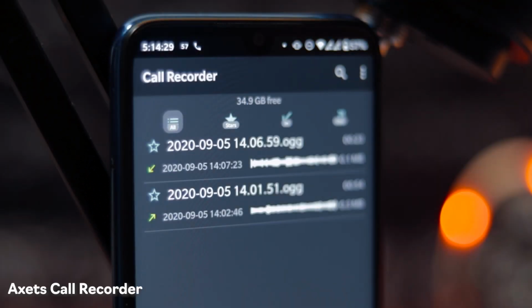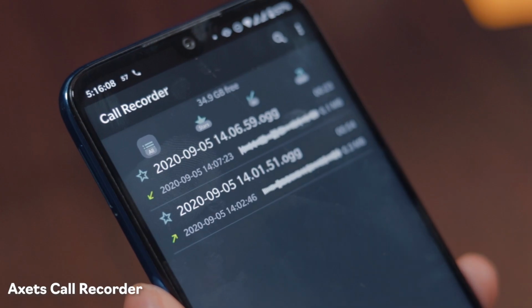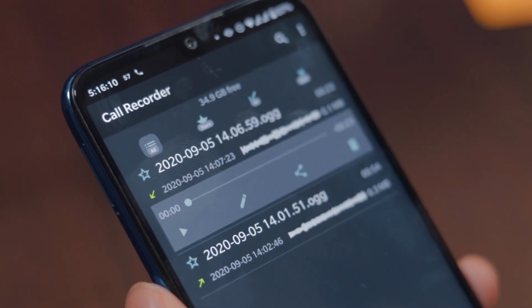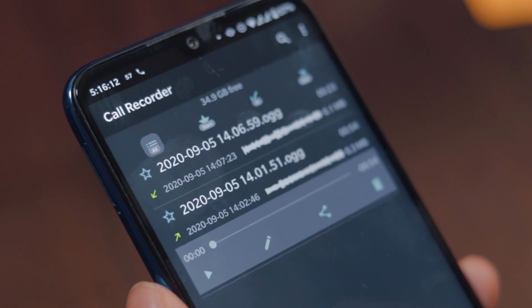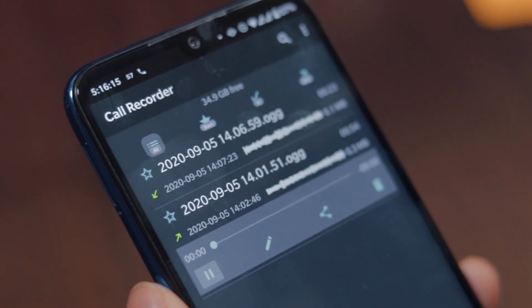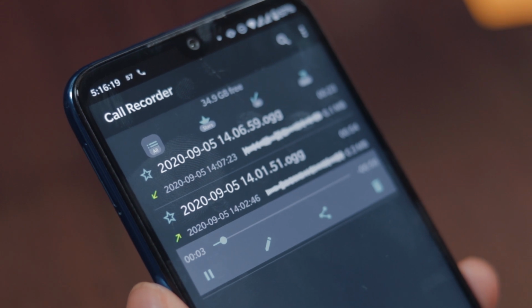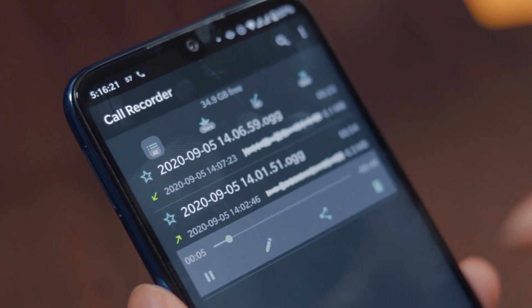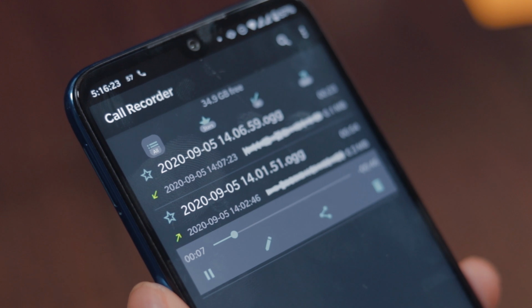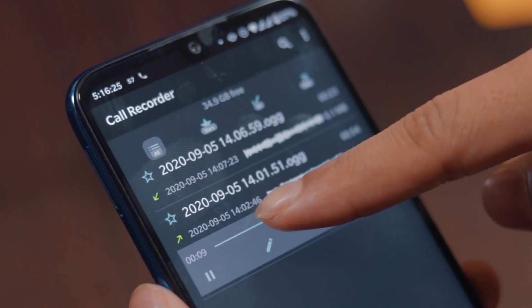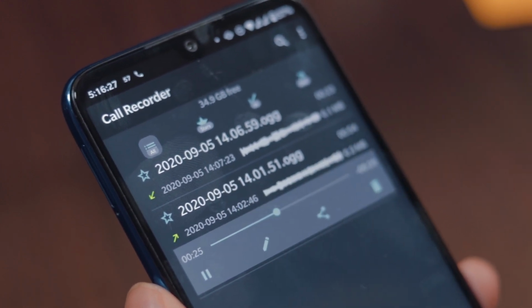Fourth on the list is Exit's Call Recorder. As we all know, Google doesn't support the internal call recording officially, and we have to rely on those third-party apps which basically capture the mic output. This module is very helpful to capture the high quality recording, and even if it fails with the internal audio recording, the app will switch back to the mic recording like the other ones.